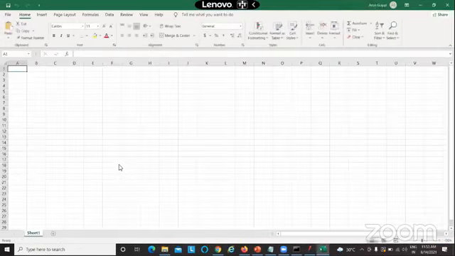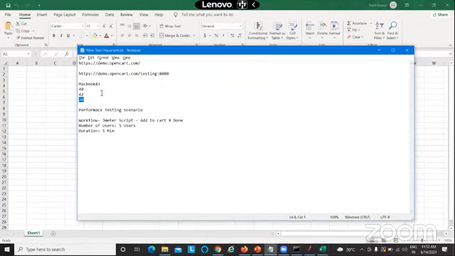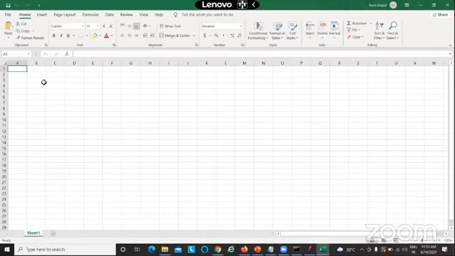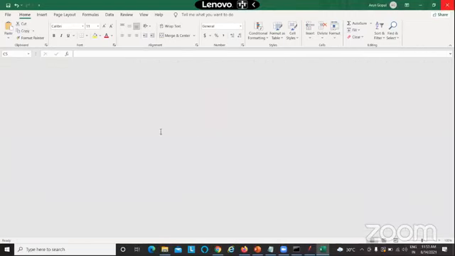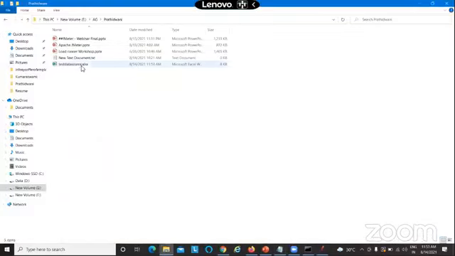Now let's add all these values into it: 43, 40, 42, and 30. I'm putting 43, 42, 40. One more was there, 30. So now I have given all the IDs. These are the 5 products in the application. Now I'm going to close it and save it as a CSV file.